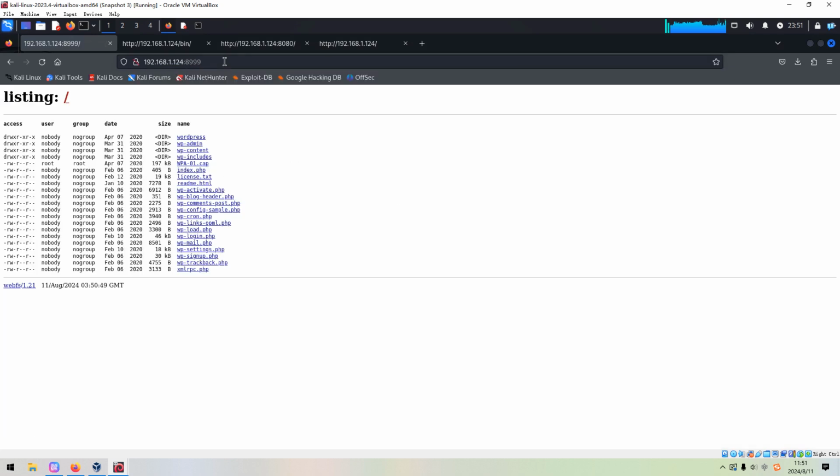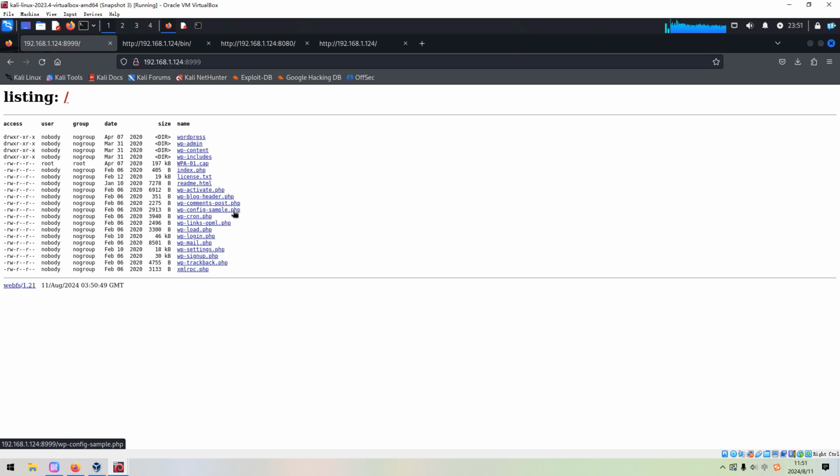But it's not okay. So we found a lot of WordPress files and directories like WordPress configuration, but this is sample. So again, this application is not configured as well.